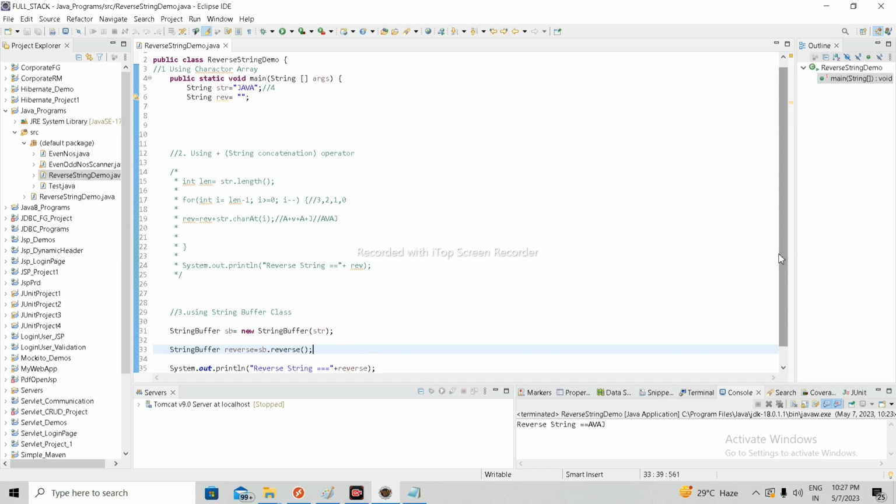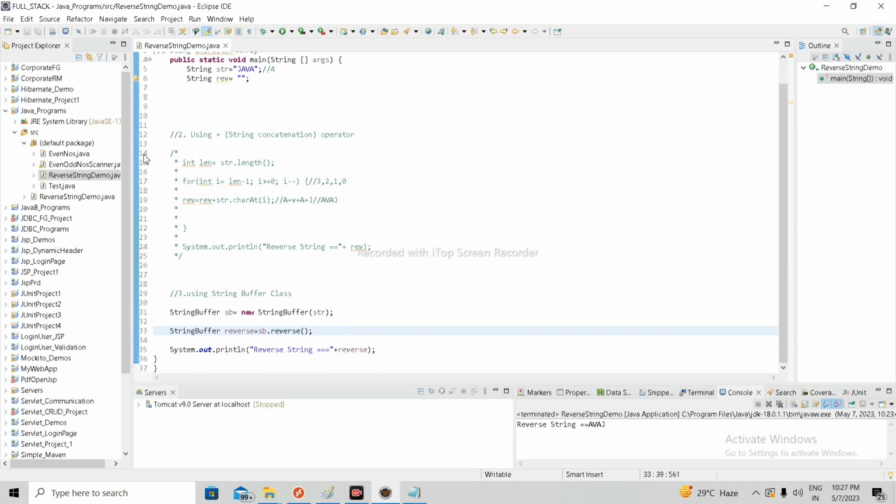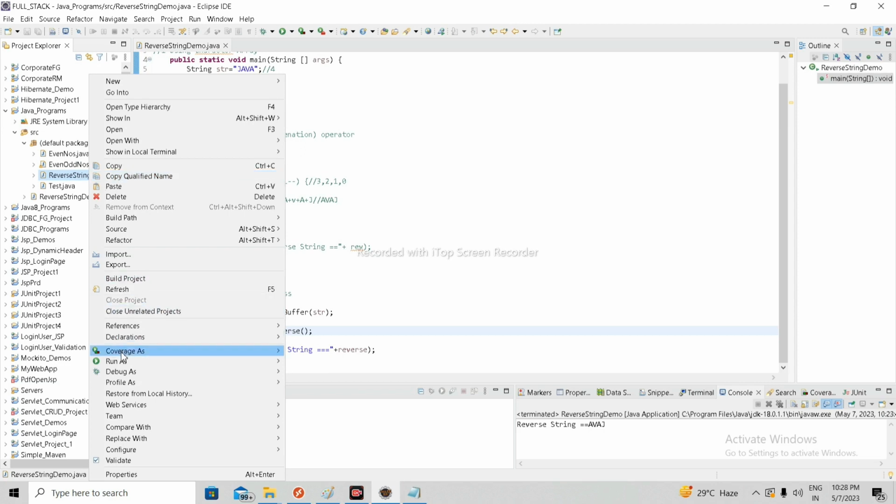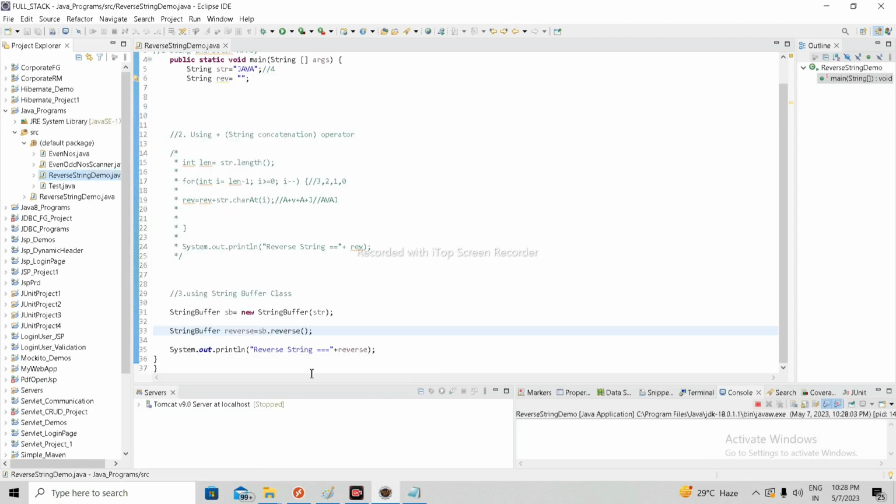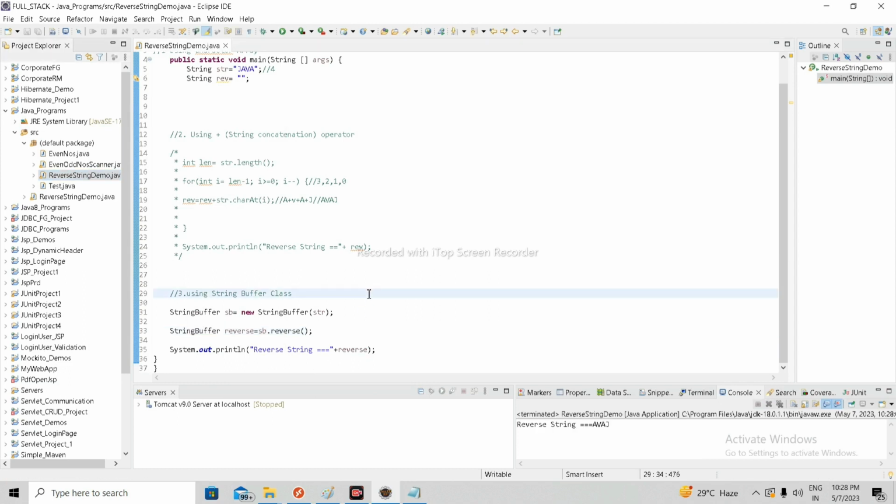It's an inbuilt class. Okay guys, so let's see what the output will be. See, so here we will get again the same output, jav. It means we will get the reverse string output.